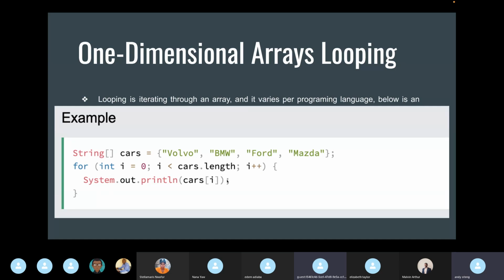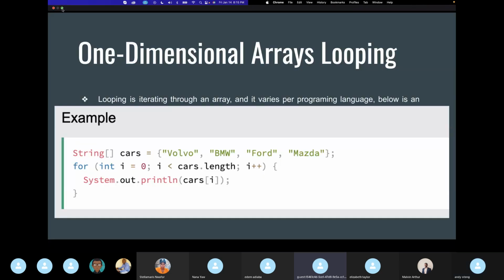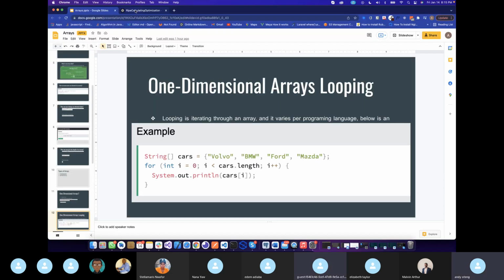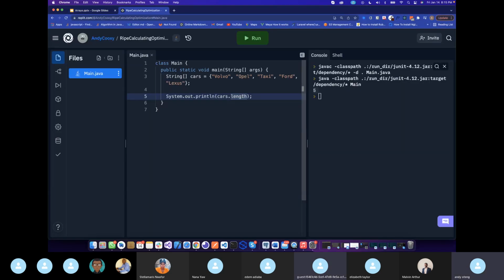This is just a simple concept. I don't know if you understand, but what I'm trying to do here is display every element in the array, but I don't want to do it one by one like I did here. So let me go back to the display here. I think this is better. As you can see, I did a display here and I was doing